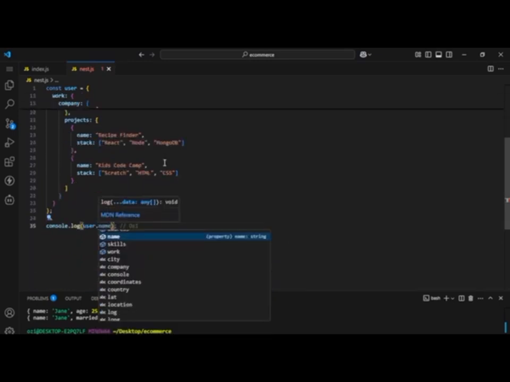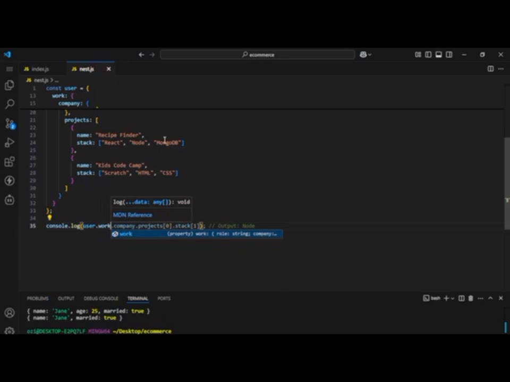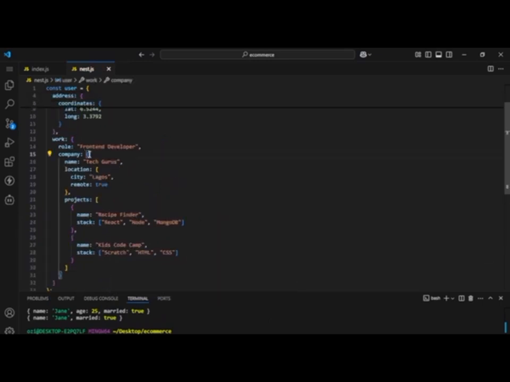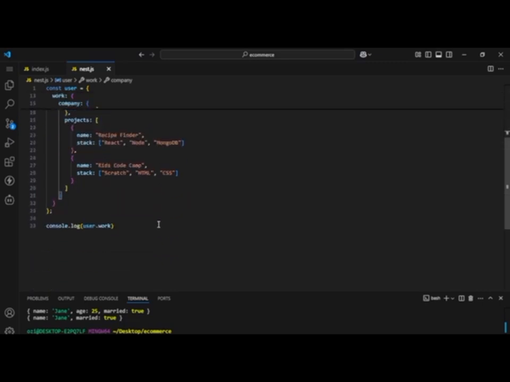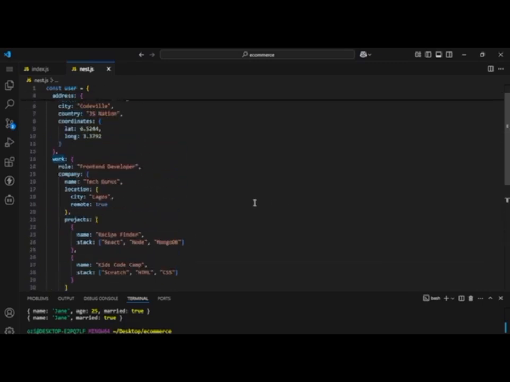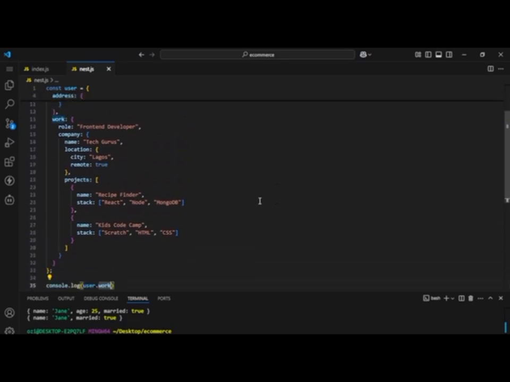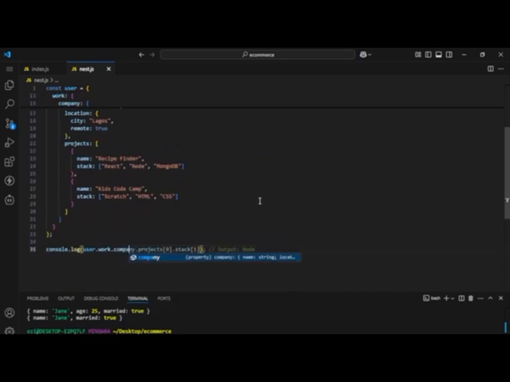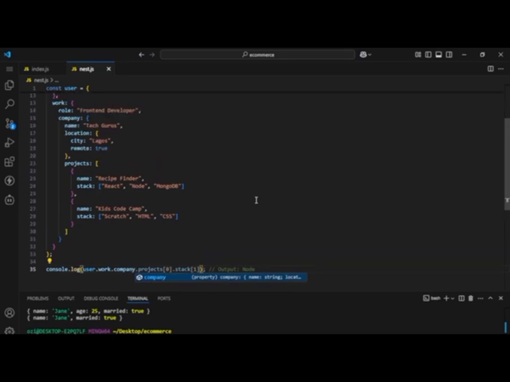So user.work, from the work we'll get to company, and the project is inside the company and it's an array. So dot work, from the work we enter the company because the company is nested in the work. So dot company, and the project is inside the company. So dot project,